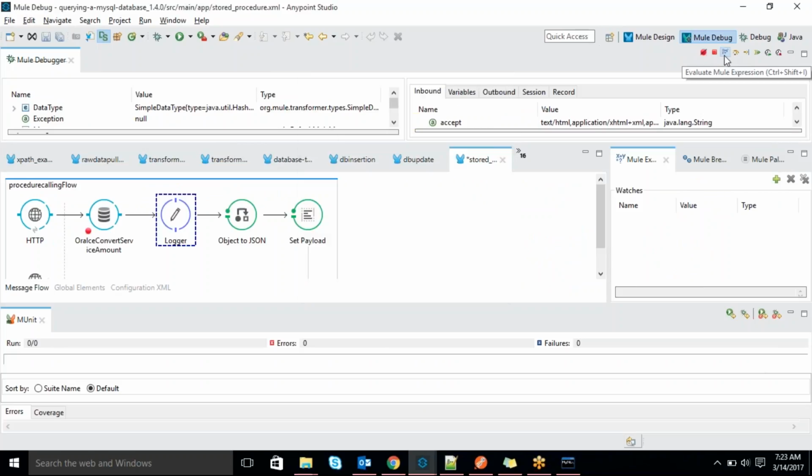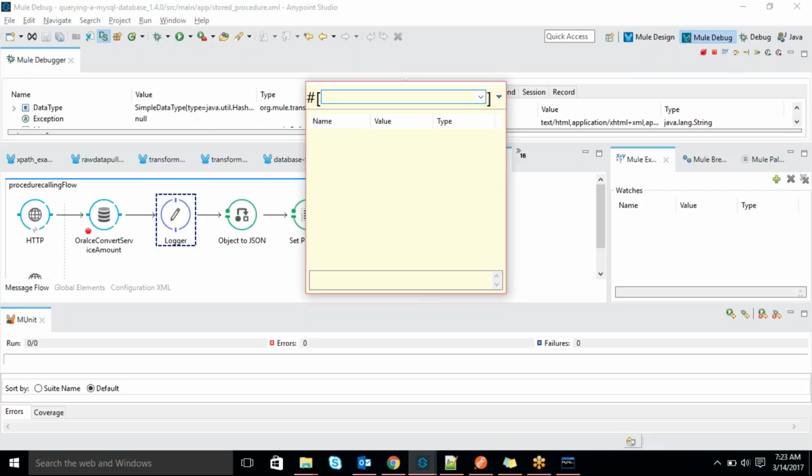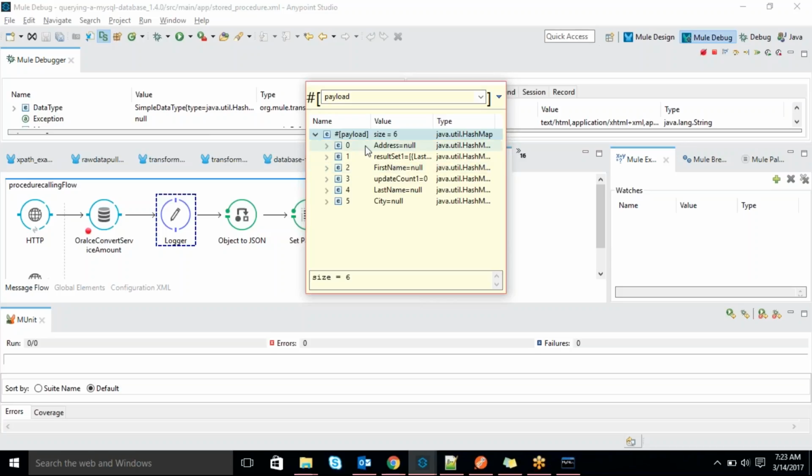You can see here also in case of MEL, when I click that, it will get the pop-up. You can see here what data we are getting.